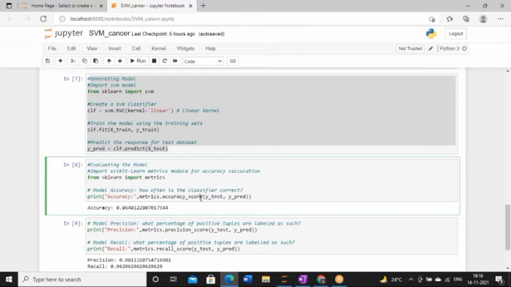So in this part, how can accuracy be computed? In the Python library, I have discussed that we have so many accuracy calculation mechanisms. Here I am using accuracy_score. We are just comparing these two, the predicted one and the actual one that we have. So the difference of these two will give me the accuracy.